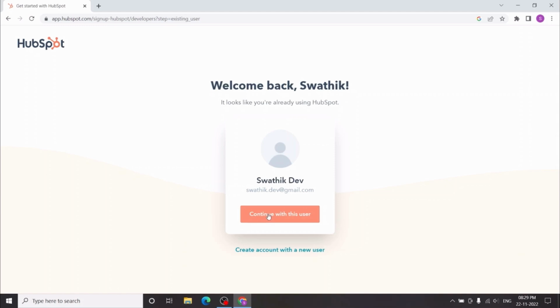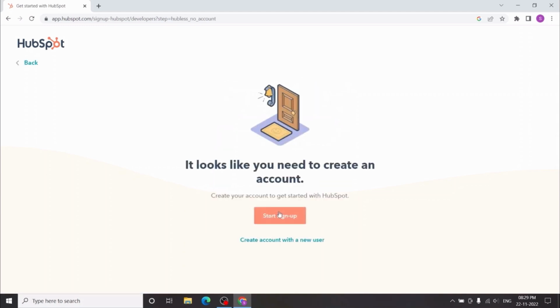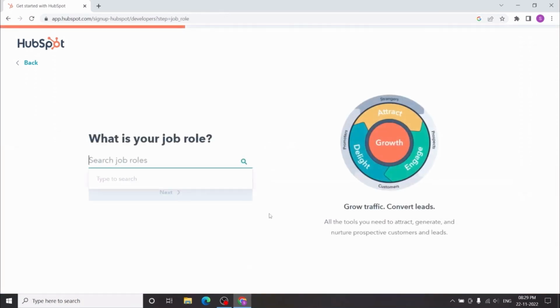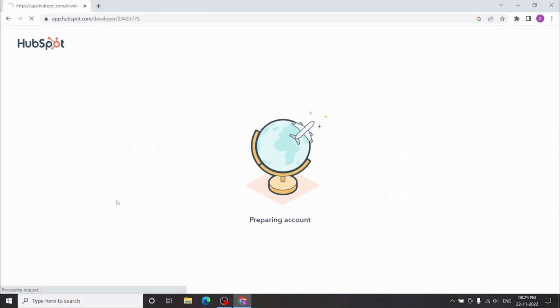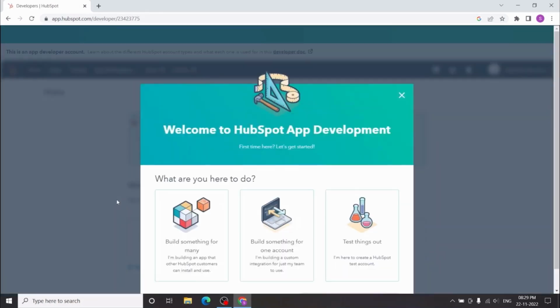After selecting the Developer Account option, you'll be asked to set up your account. This will include basic setup details such as naming your test app and selecting the APIs and tools you'd like to test out. HubSpot's developer account gives you access to a 90-day trial of HubSpot's enterprise features, which you can renew as needed. Now, once your account is set up, you can start exploring HubSpot's tools in a sandbox environment.